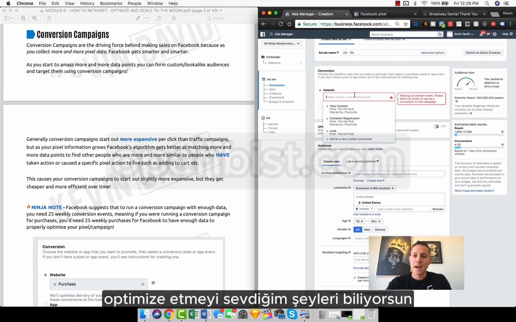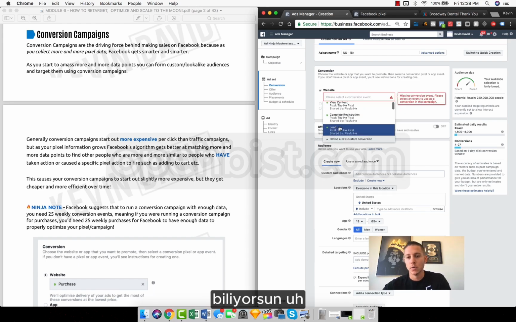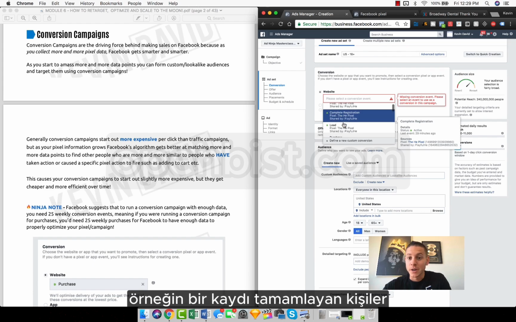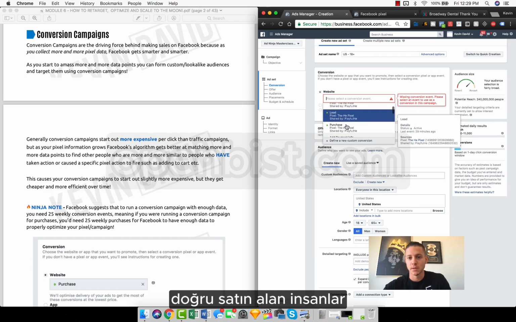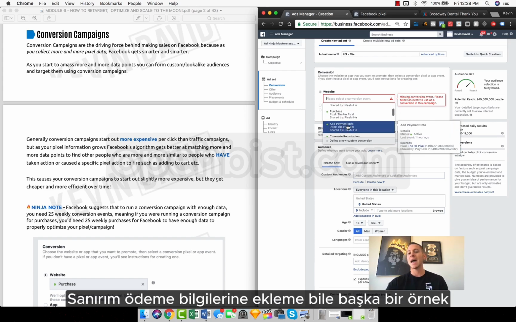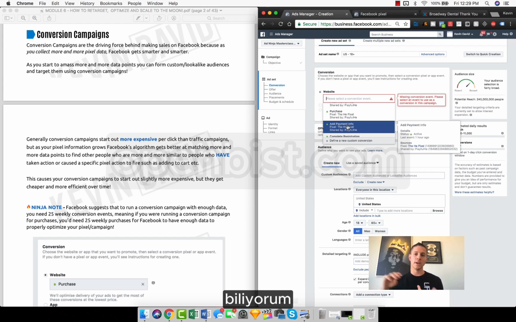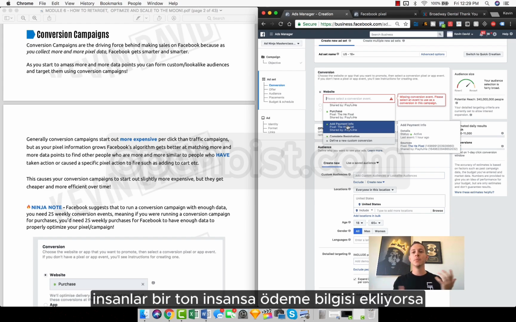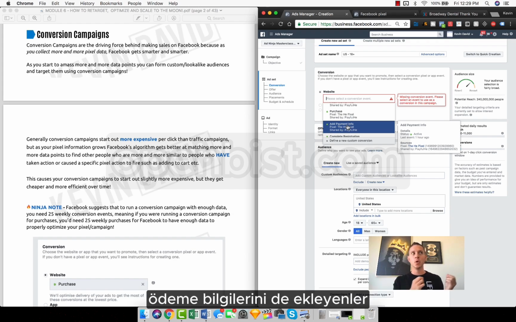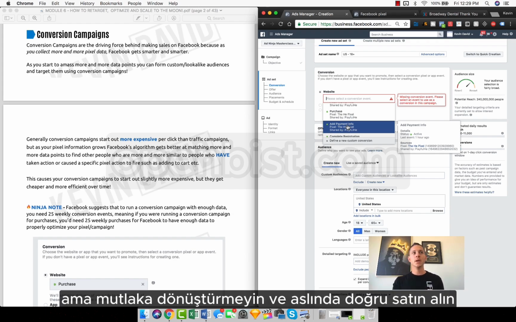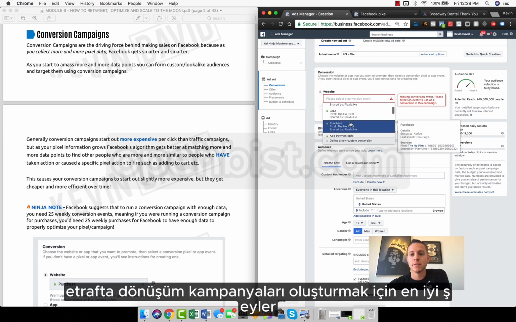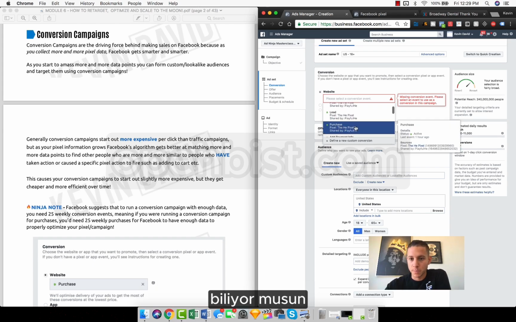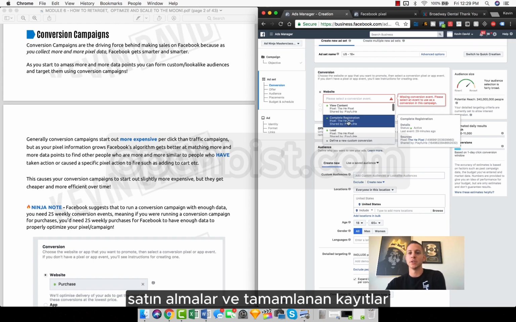So the things that I like to optimize for are people completing a registration, for example, and people purchasing, right? Even add payment info is another example. If a ton of people are adding payment info, but none of those people are converting, Facebook is going to go out and find other people who are also likely to add their payment info, but not necessarily actually purchase, right? And so the best things to create conversion campaigns around are purchases and completed registrations,